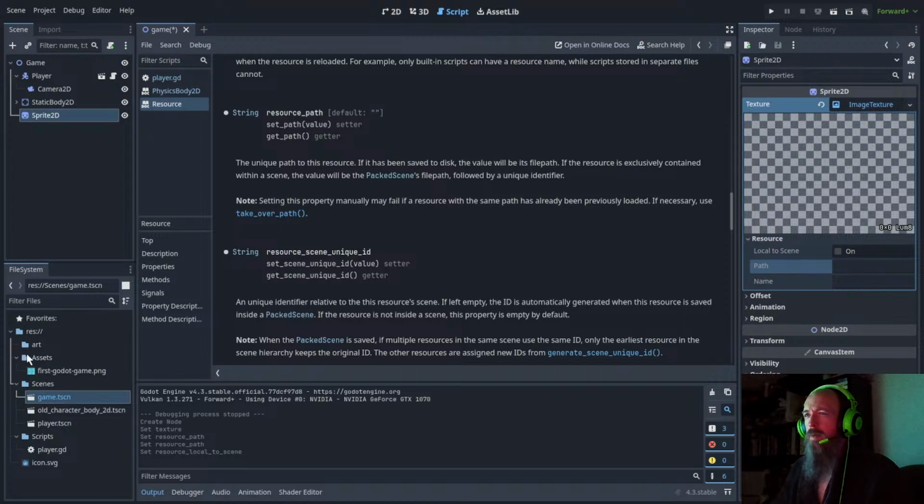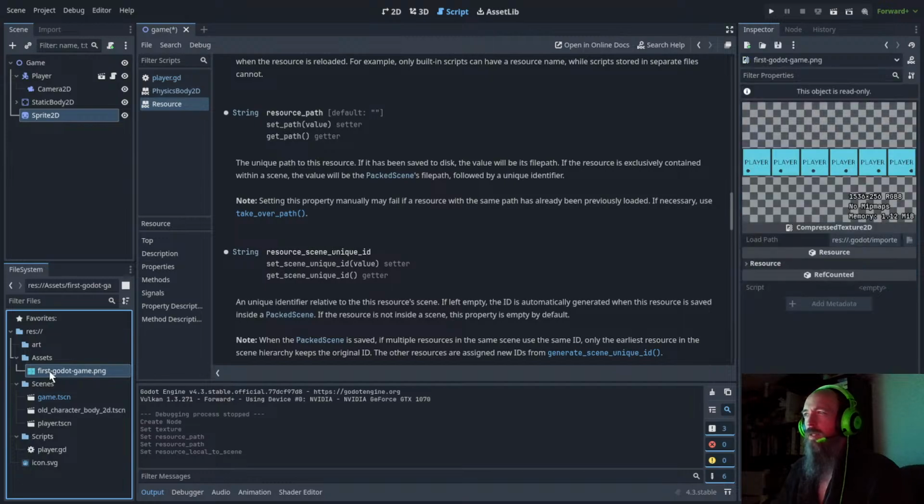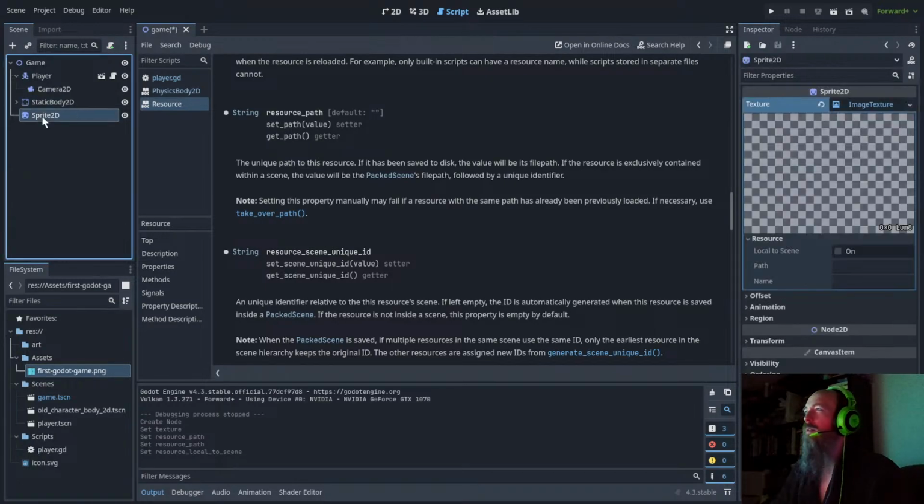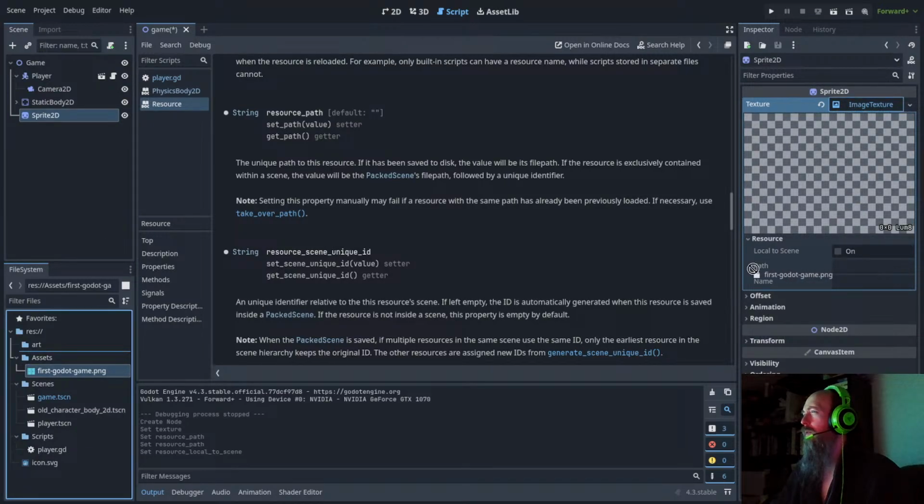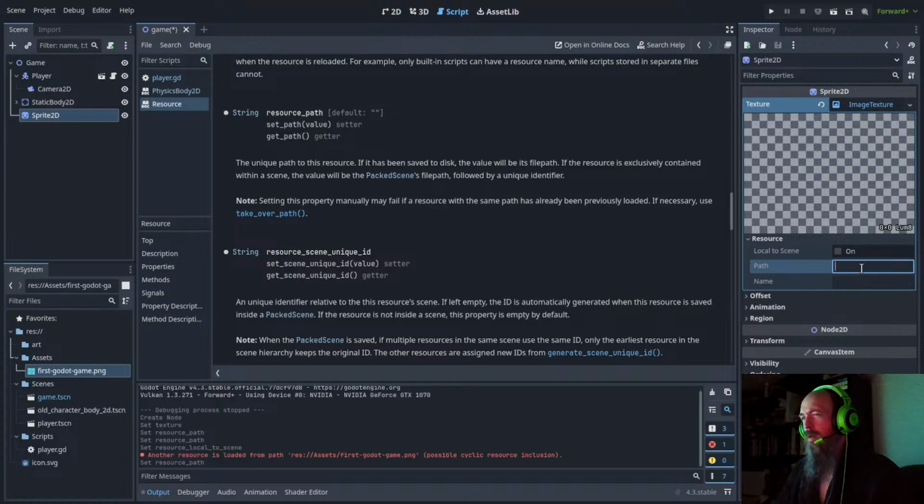Wait, can I maybe get this. Can I get that? Maybe kind of just drop this here or something. Copy path. Put it there. Another resource is loaded from that path. Possibly cyclic resource inclusion. Alright, so instead of that,